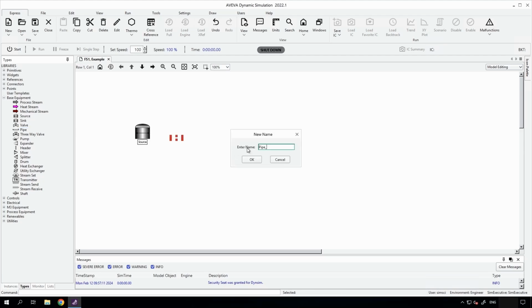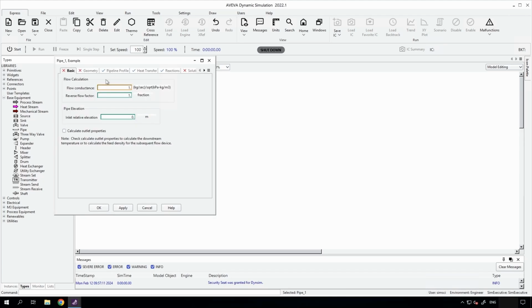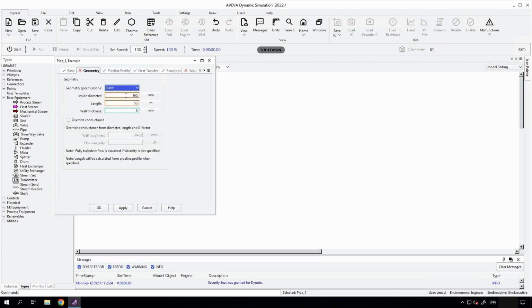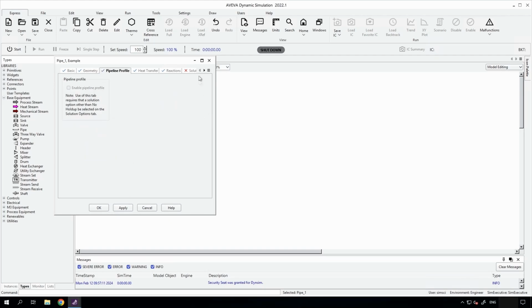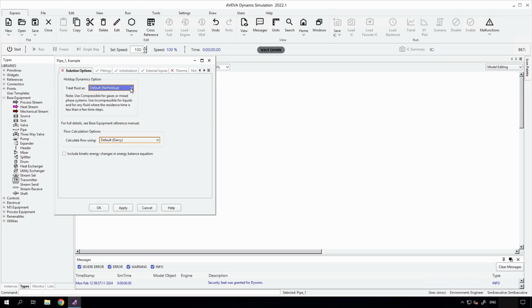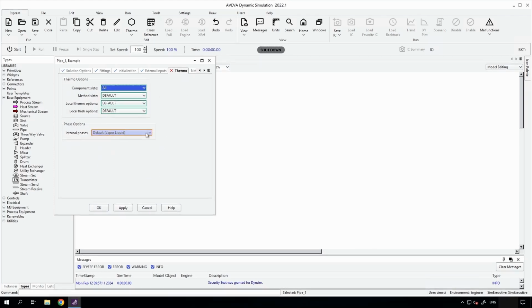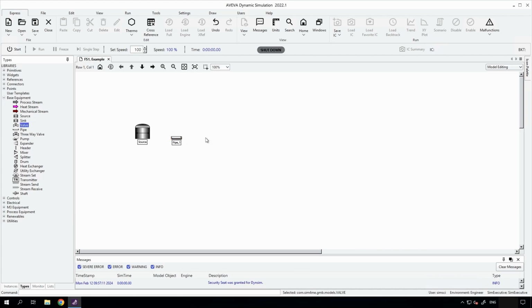Placing a pipe is the next step, and once the pipe has been placed, it needs to be configured. The geometry is determined, and this fixes the geometry based on the diameter and length in this case, and also some of the solution options are defined. It is defined that only liquid is expected in this system,